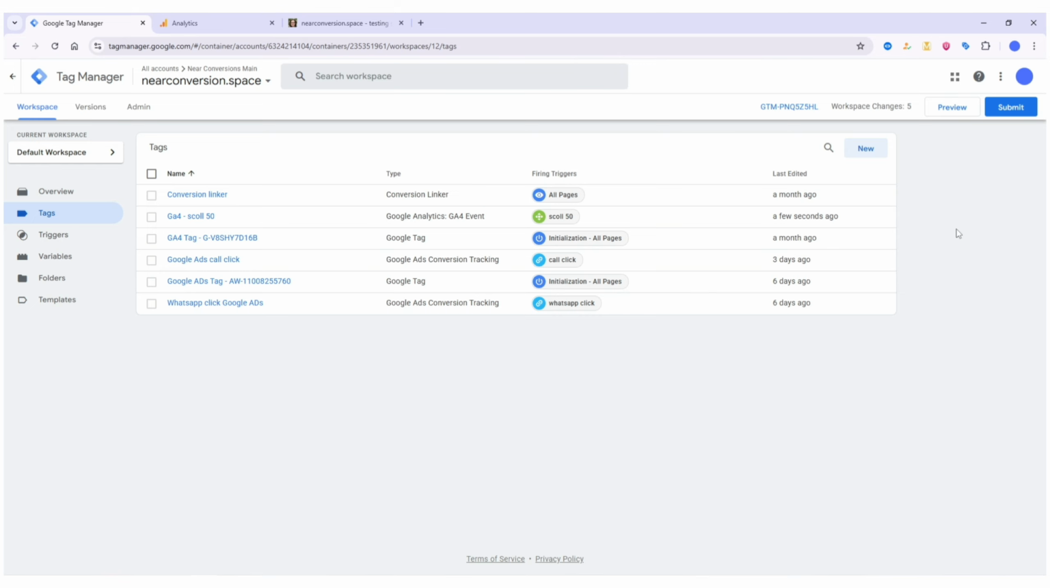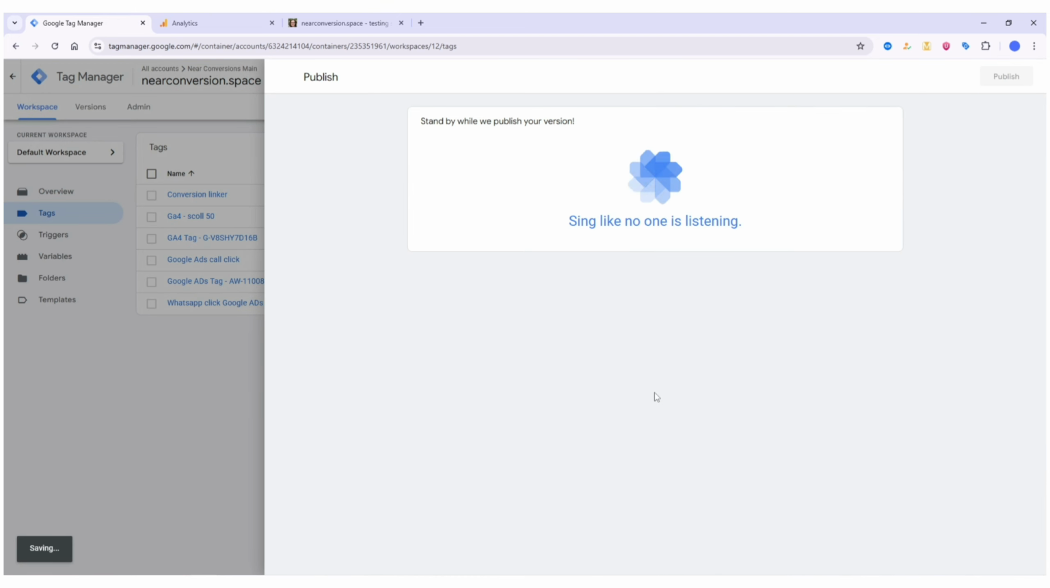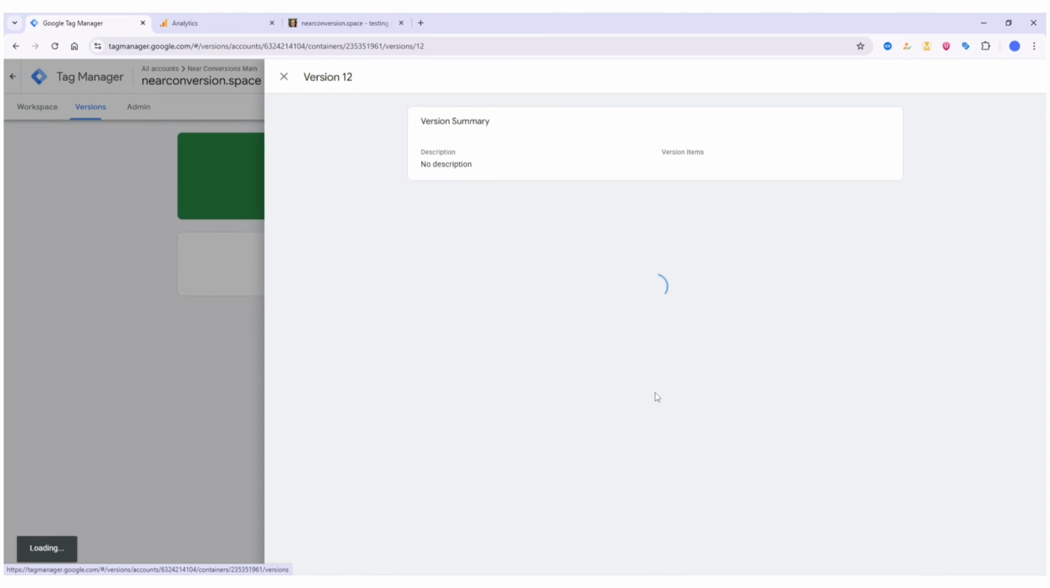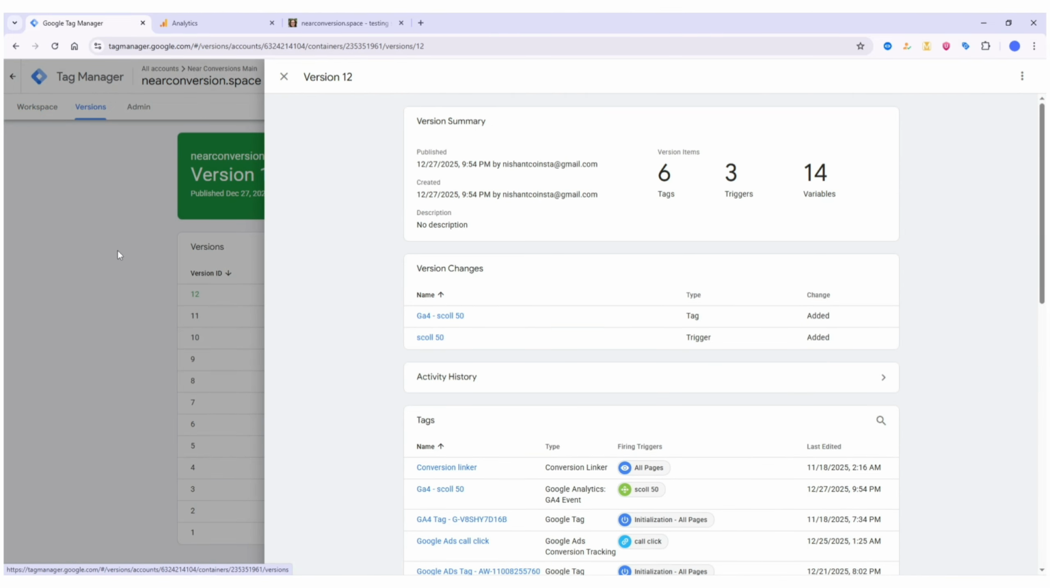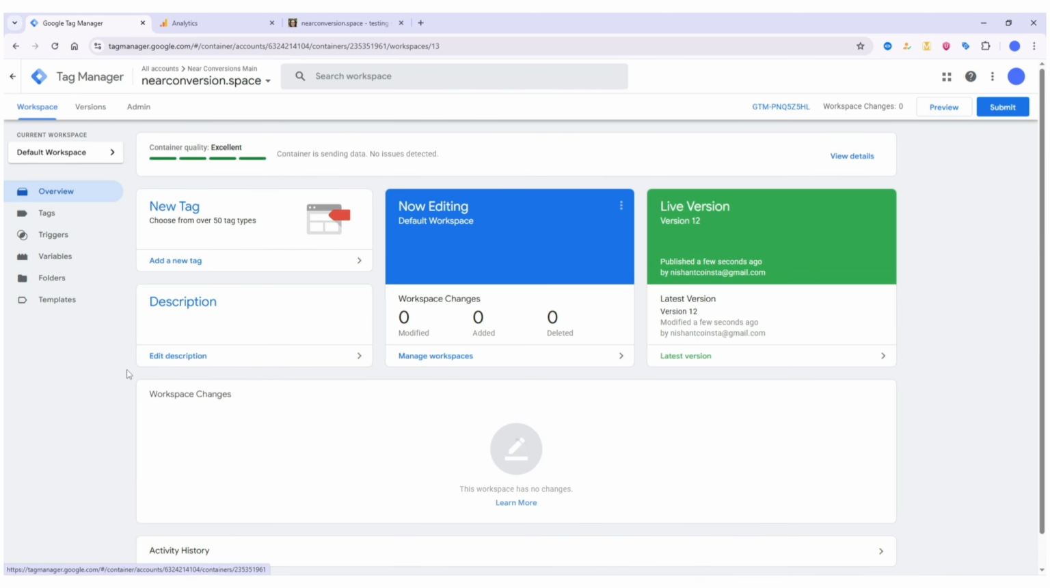Now we have to save this. So we have to click on the submit button and click on the publish and then click on this continue. Okay, now click on the left hand side and select this workspace. Okay, now we have successfully created that tag that tracks the scroll depth. But now we have to test it out if this thing is working or not. So how we gonna do this? We have to select this button that's called preview,